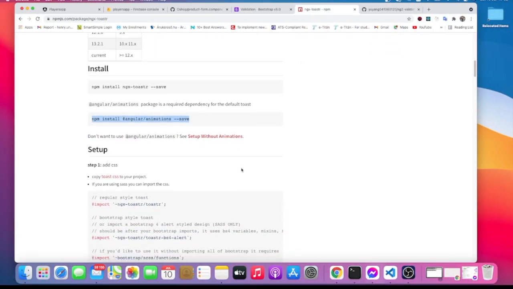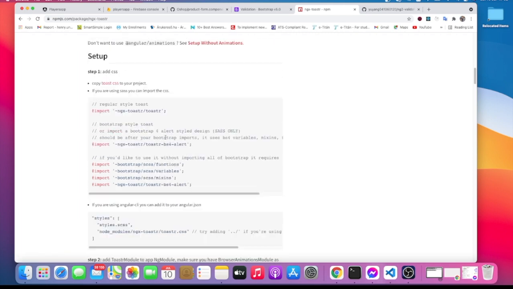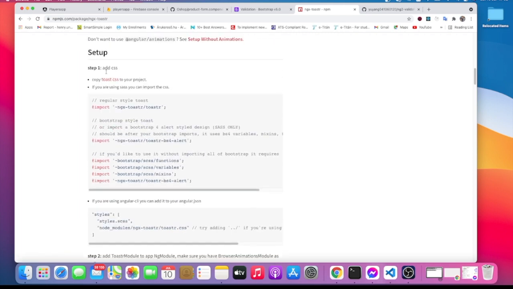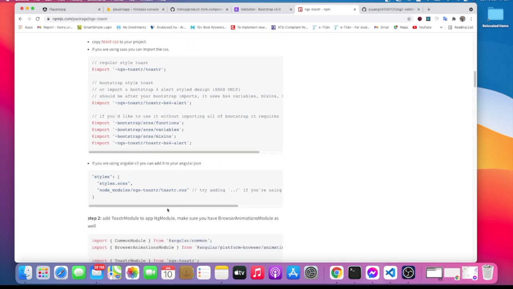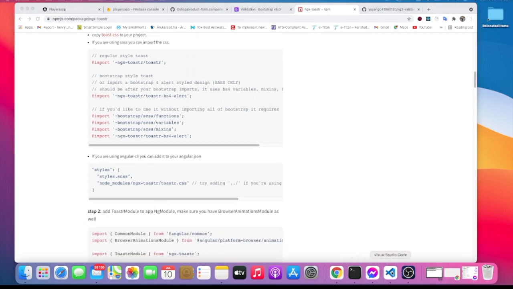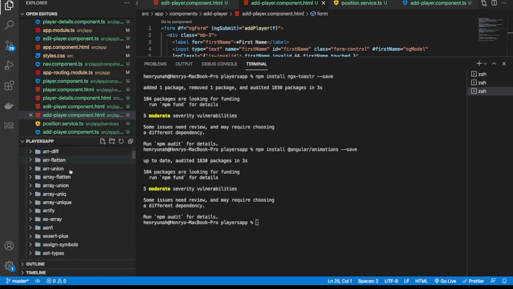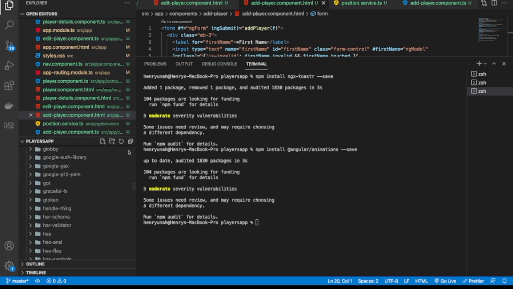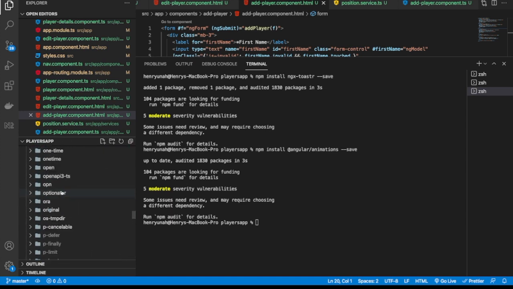and after that we want to add the toast CSS to our project. You can do it this way, or an easier way to do it is just to add it from your node modules. Okay, so if I go back to the project and go to the node modules, now we're looking for the toast that we just installed, or Toastr, and we want to go to